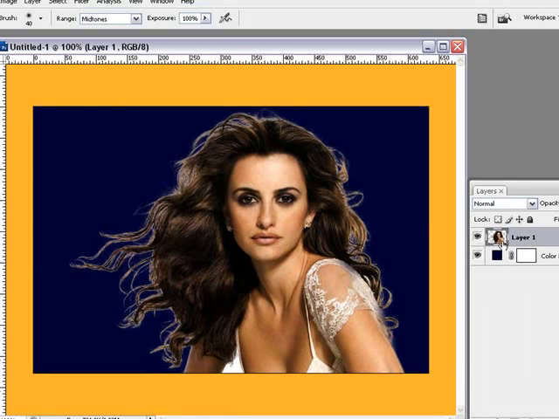Now with the woman layer selected, with the midtones selected and exposure at 100%, we're just going to come in here and darken up these edges. Just going to darken them up, try to get rid of some of that white. Didn't delete very well around here, but like I say, I'm just trying to show you how to delete the hair. In fact, I'm going to do some more tutorials on deleting, because it's probably a lot of people